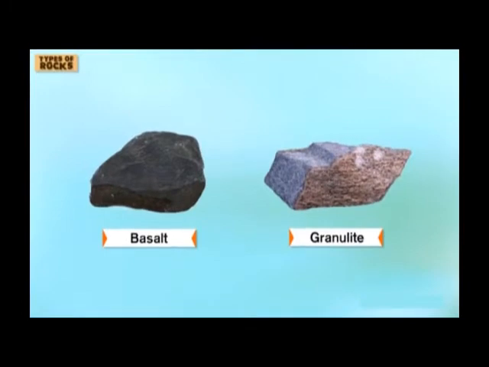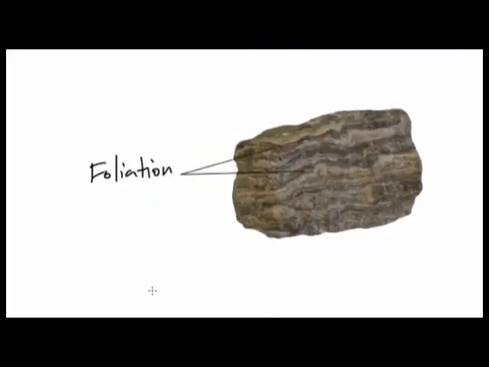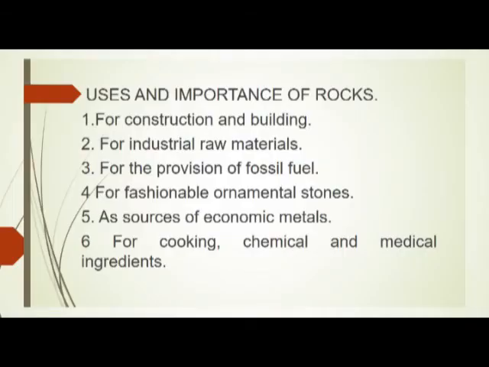Examples of rocks that occur in bands that are metamorphic are gneisses. They show degrees of foliation where they begin to crack and get divided. Examples are schists. Uses of rocks are: 1. Rocks are very important and useful to man in the area of construction, preparation of food, and other things.